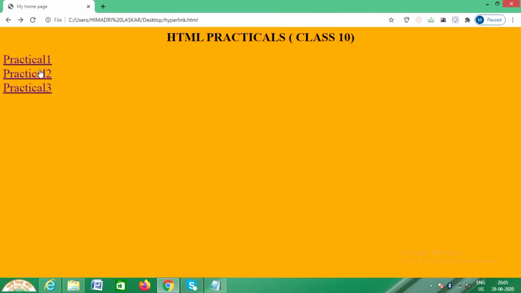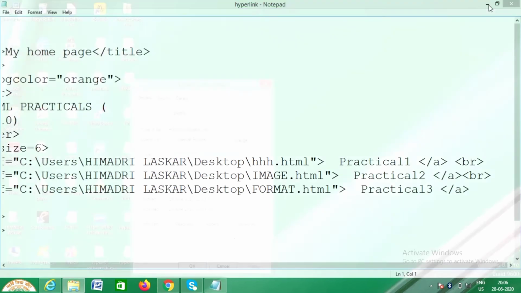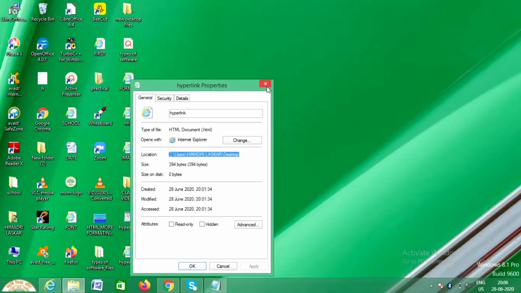Once you go to practical 1, you also have to provide a link there which will be written as home, and when you click on that home tag, you will be reverted back to your home page. So like this you have to create hyperlinks in all the practicals linking to your home page. Am I clear, students? So try that and let me know if you get any difficulties.